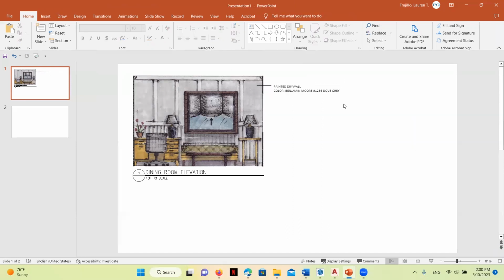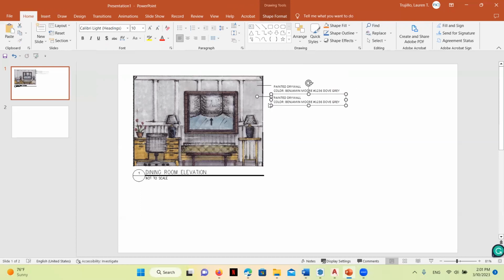We also can go ahead and copy this. If we've got a few notes that we want to bring in, we can copy, holding my Control button. So we do Control C and then Control V, and then all of our settings are already set in as far as the leader line size, the color, and the font.